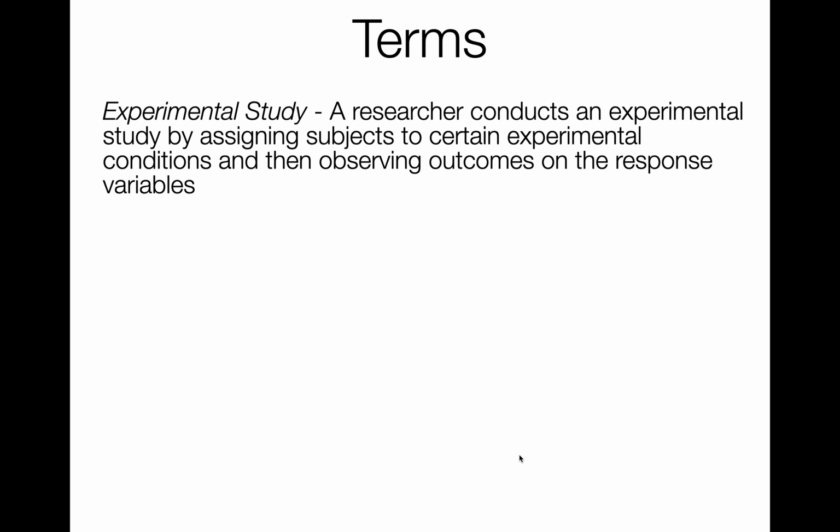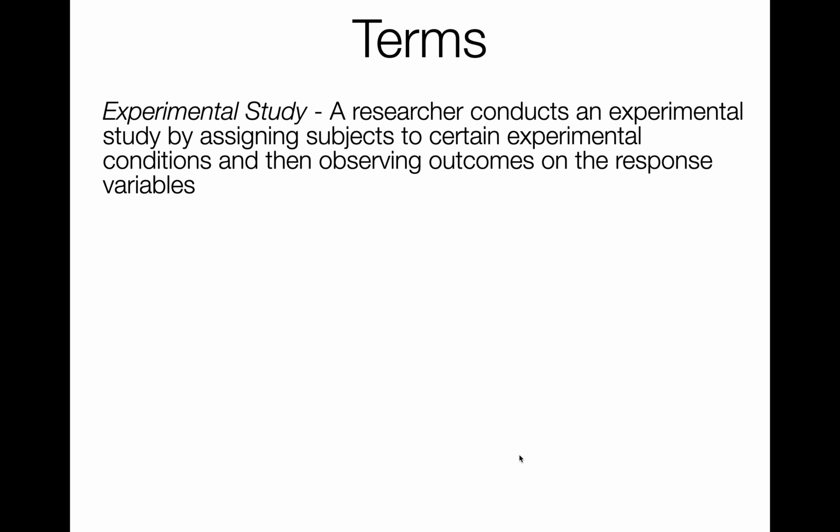So, as I always begin every lesson, there are going to be some terms involved here, and the first term is an experimental study. Okay, an experimental study is when a researcher conducts an experiment by assigning a subject to certain experimental conditions and then observing outcomes on the response variable. Okay, so what does that mean? So, for instance, if I were interested in testing a vaccine like they are now for COVID 19, okay, they are doing clinical trials, which is a word thrown out a lot, which is an experimental study of sorts,